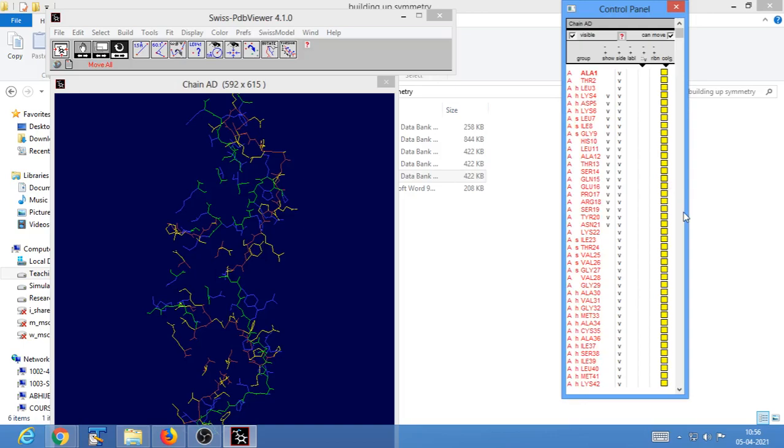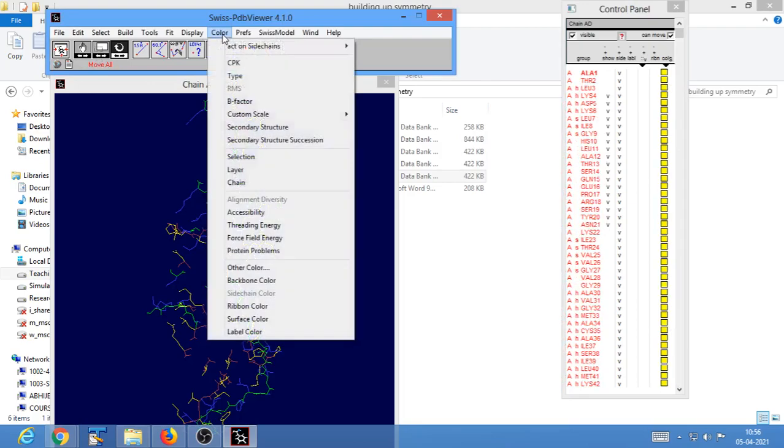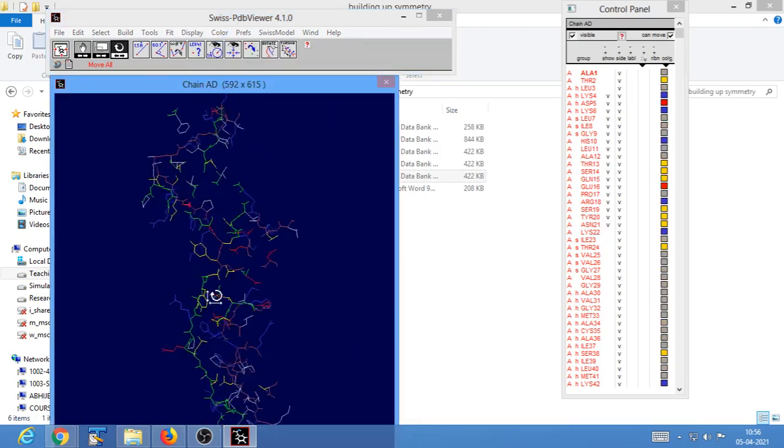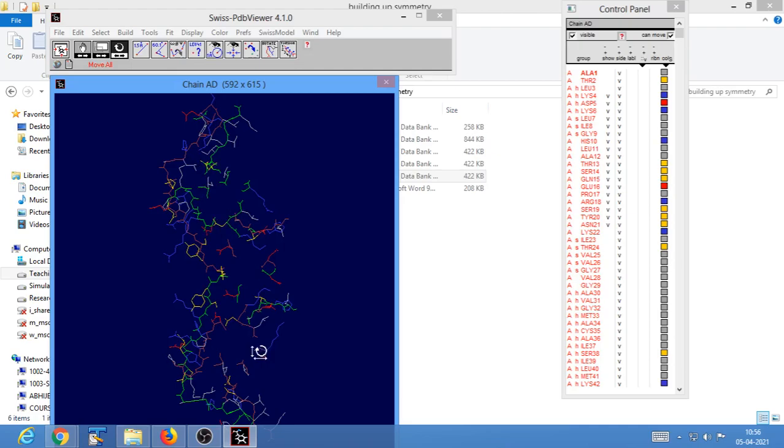Okay, so I have selected both of the chains now, because I need to color the side chains from both of the chains. So now I would color it by maybe type,